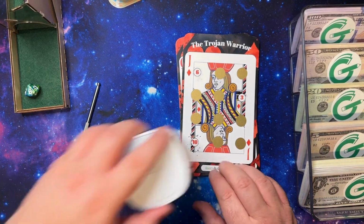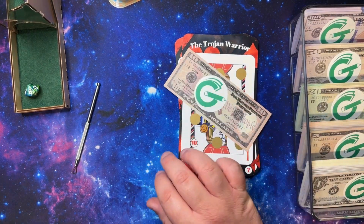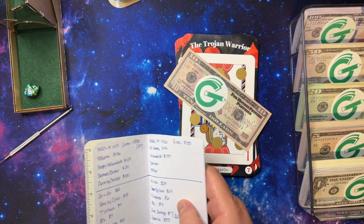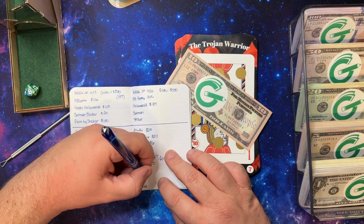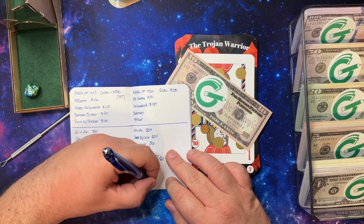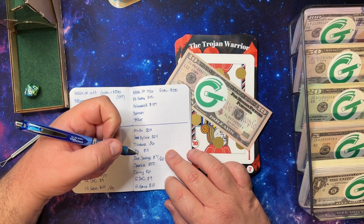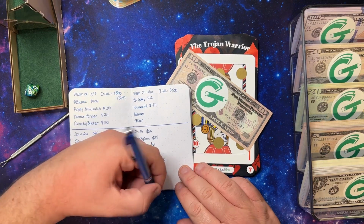So we'll get this cleaned off. $10 will go in, and I have fallen behind here. So the corny was $6, 12 Days of Christmas was 9, and the 12 face cards was 10. So we have got 110, 116, 125, 135